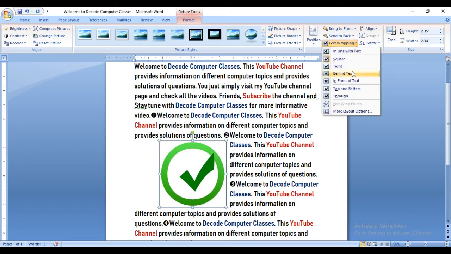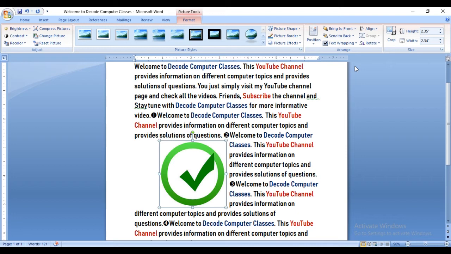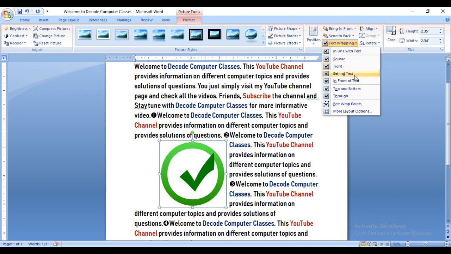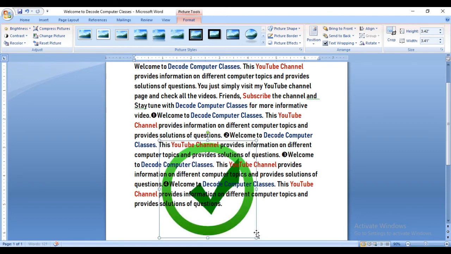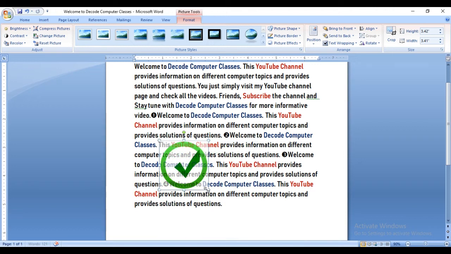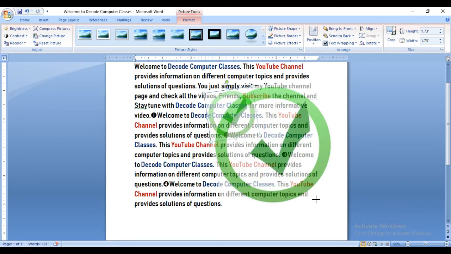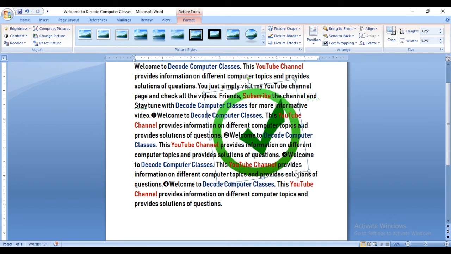Now moving on to the next setting, which is tight. Look at this, the picture is very close to the text, so it is of the tight feature, behind the text. It is very interesting that you can use it. As you can see, it is used as a watermark in the document. This picture we can make big or small, and it will be here as a watermark in your document, right? Of course you can turn it like this, and you can shift it anywhere, you can make it big, large, as I show you.